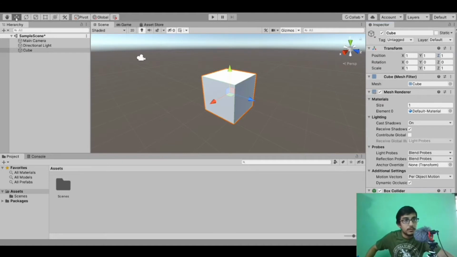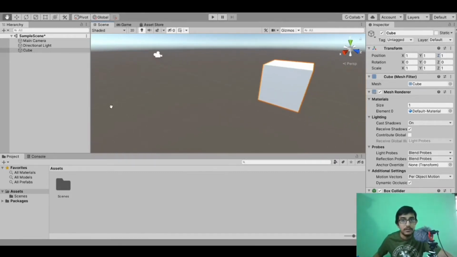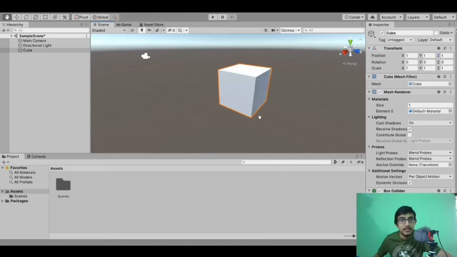so we got the move tool and we got the scale tool. So let's come to the hand tool. The hand tool actually does not change any size or properties of the cube, but it's used to navigate through the scene window. When I left click on it and drag the scene, I am able to move around the scene, but not actually disturbing any of the game objects that are present in the scene.